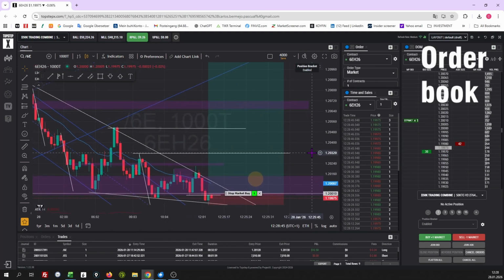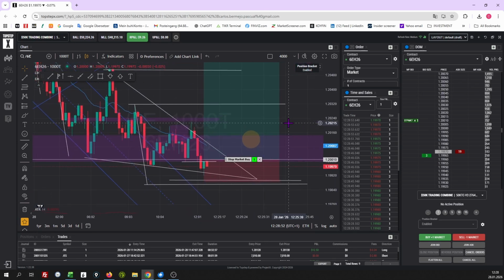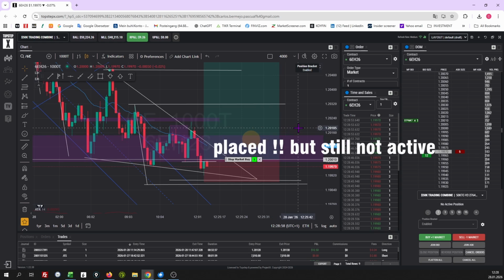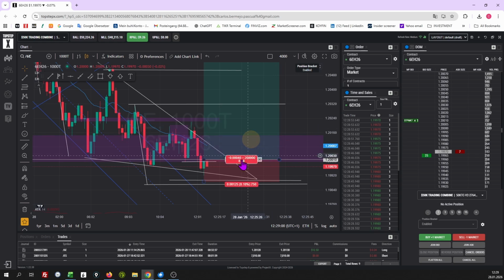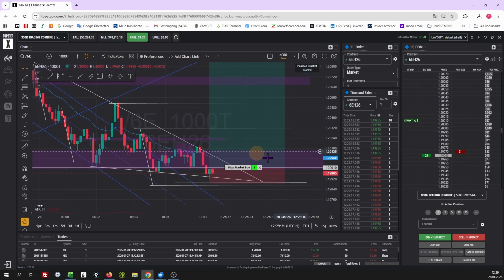see what's happening now. The order is already there. My stop market order to buy it. I only will buy it if price moves back up again. If there are too many sellers right now, the sellers are going to put their stop losses here, and these stop losses are going to fuel my trade upward, and that is what I'm looking for every time when